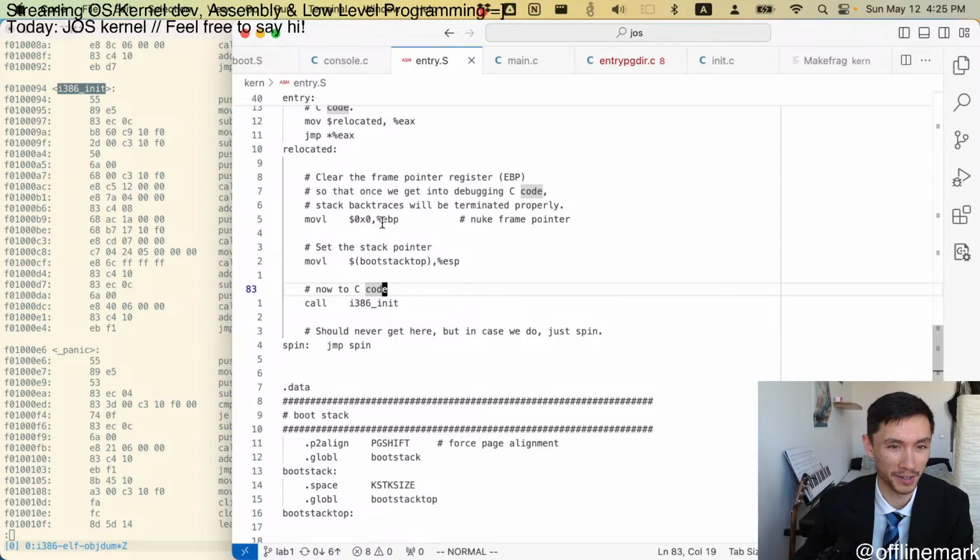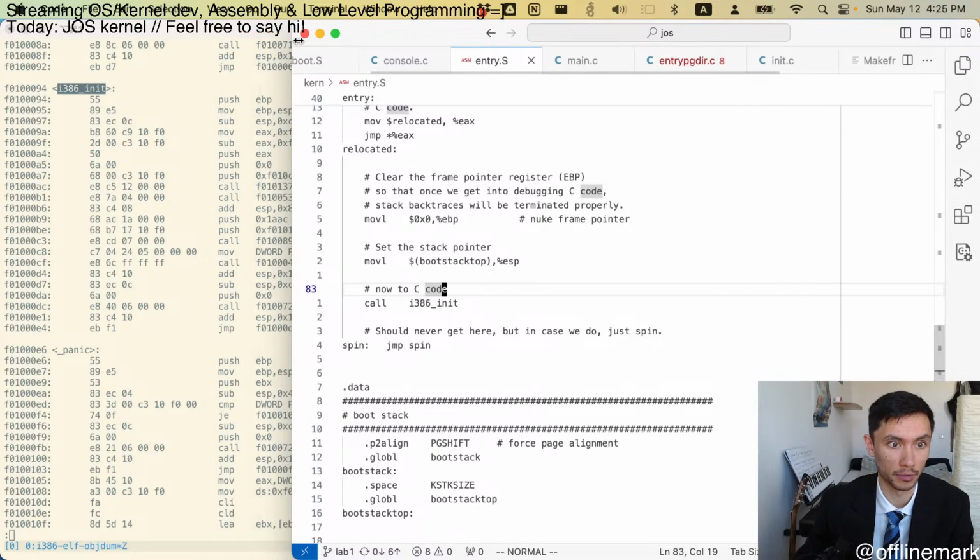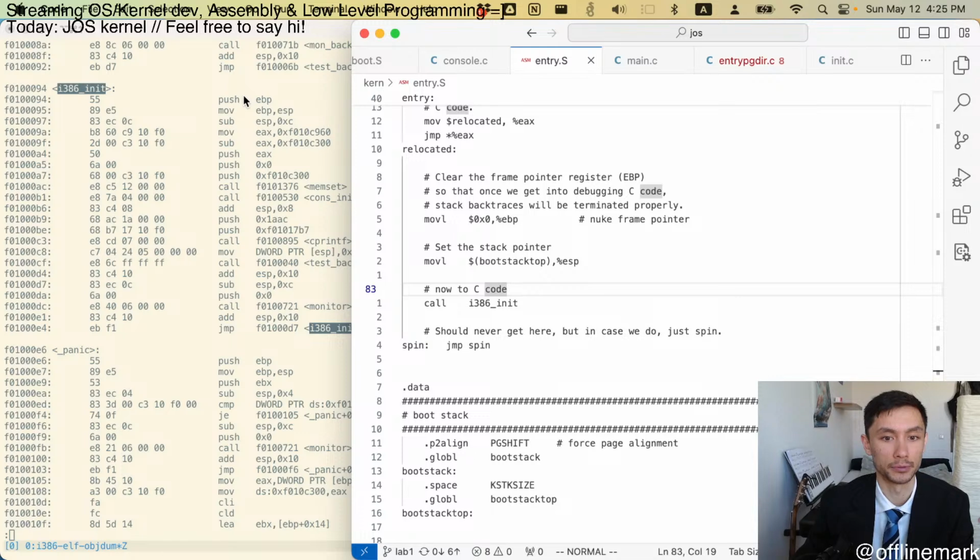We nuke the frame pointer and then we set the stack pointer and then we call into our C code at this symbol, which is then going to trigger a normal start of a function where we then push the frame pointer, reset the stack pointer,